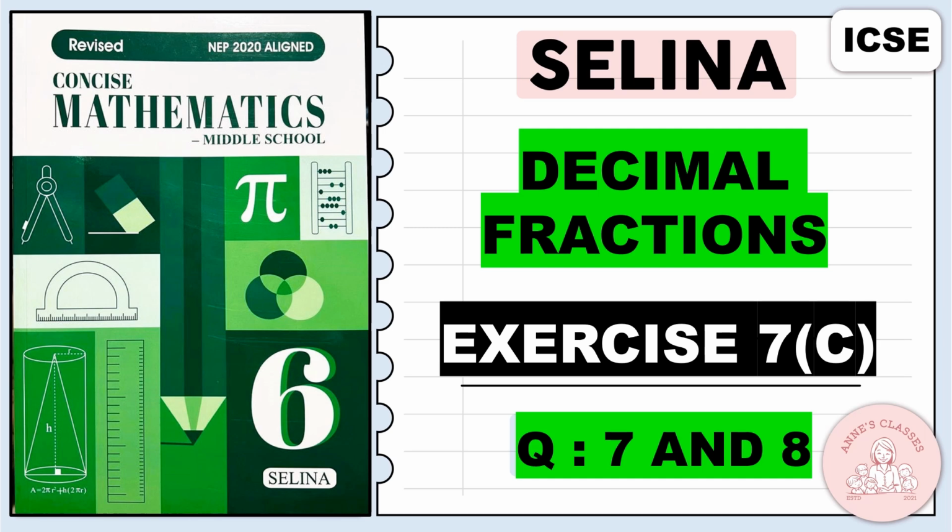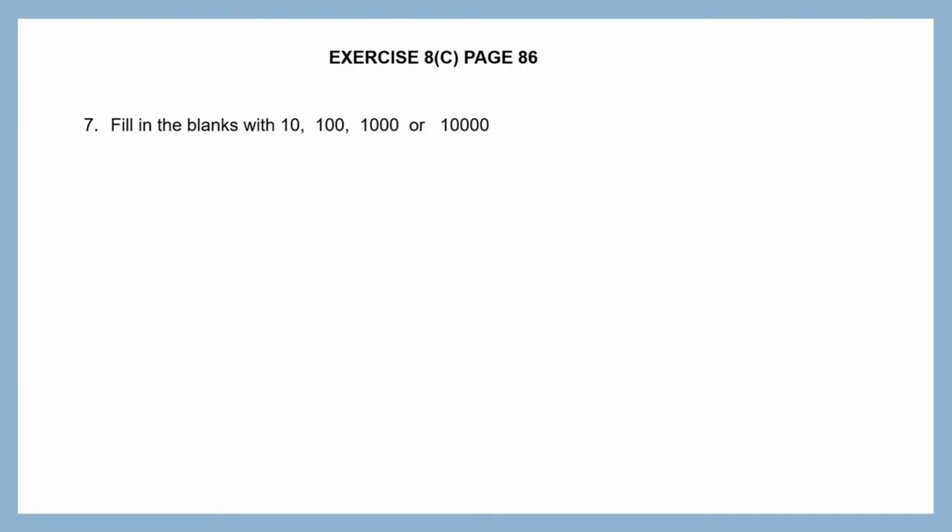Let's do decimal fractions, exercise 7C. Question 7. Fill in the blanks with 10, 100, 1000 or 10,000. Okay, now